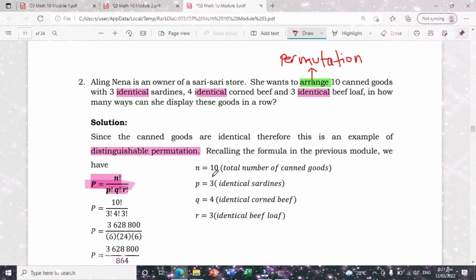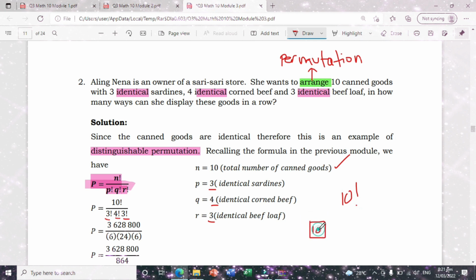So, yung number of canned goods, there are 10. The total number of canned goods. So, yung P natin dito, kung ano-ano yung mga identical objects. So, yung first natin, yung P. So, 3 factorial. Then, 4 factorial, yung Q natin. Yung 3 identical beef loaf. So, 3 factorial. So, 10 factorial, kung meron kang calculator dyan, hanapin mo yung 10